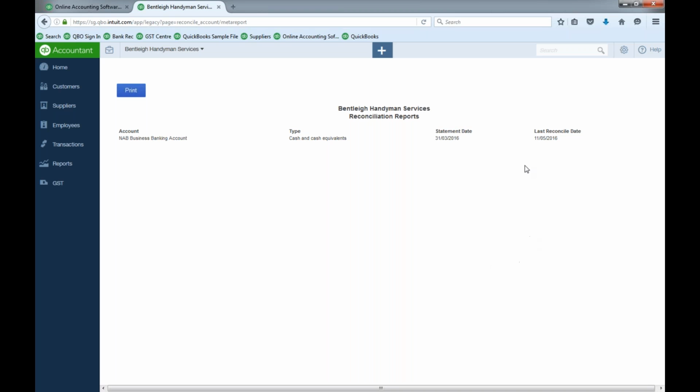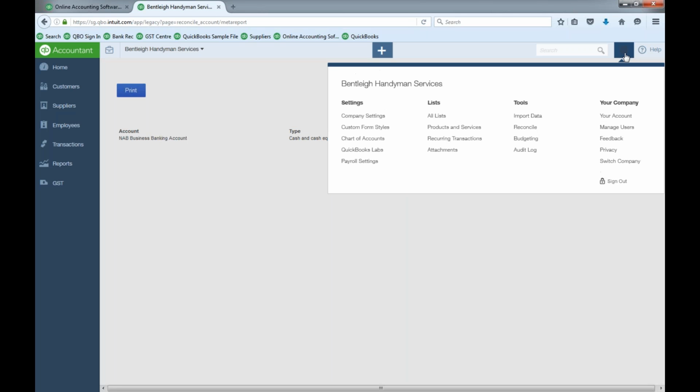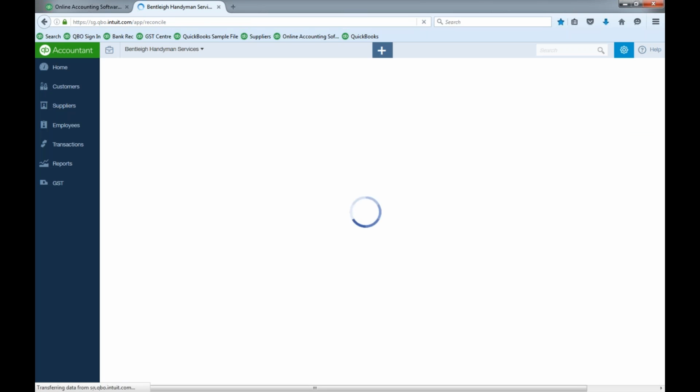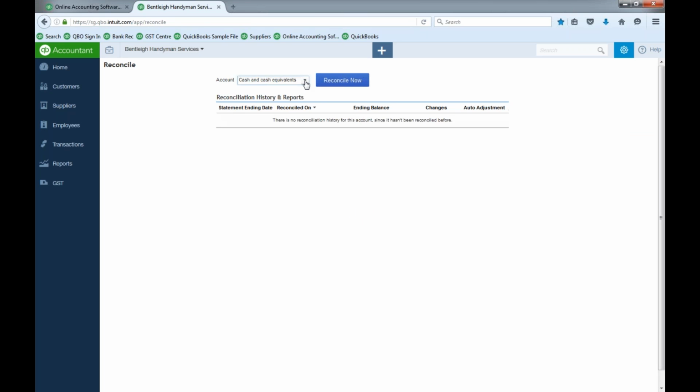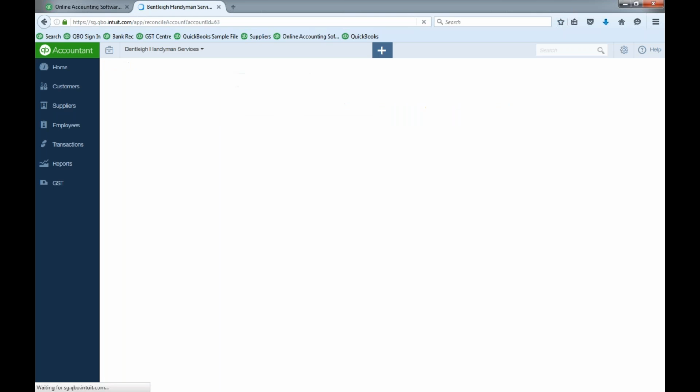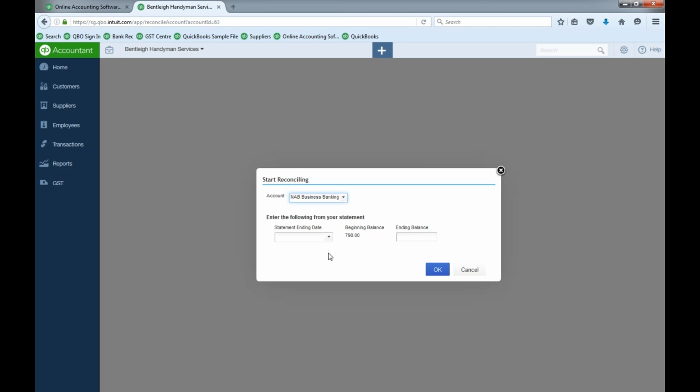Okay, just on reconciling your accounts, just for those of you who may not have done it before, if you come into reconcile, so to your tools and then to reconcile, for each account, you just want to come in, select the account you're reconciling, click on the Reconcile Now button, enter your date, so your statement date, so your bank statement date, or if you're reconciling